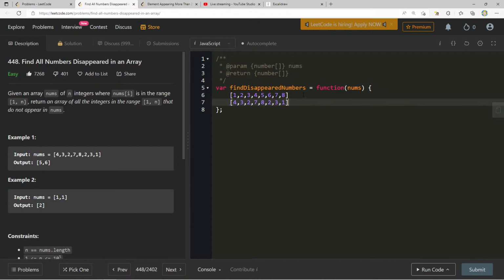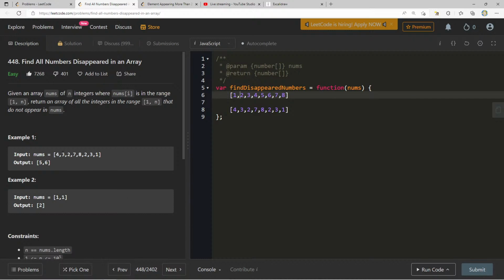It'd be nice if there was a way for me to mark that information in here in such a way that I can go back in this array, loop through this and say, well, I already know that I have this number, or I don't have this number, so I need to add it to my result. So let's see if we can do something. Remember, 1 through n. So if I'm looking for a 1, because this is all plus 1, I can go to index 0, and say, okay, I know I have a 1, so I'm going to go to index 0.